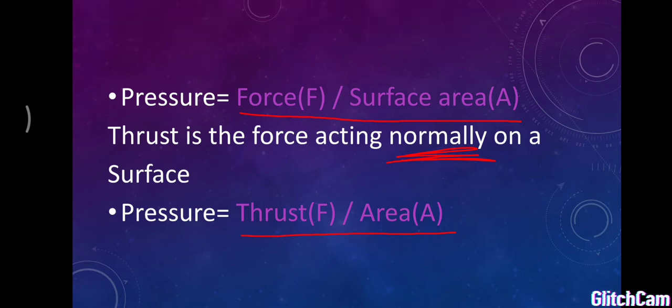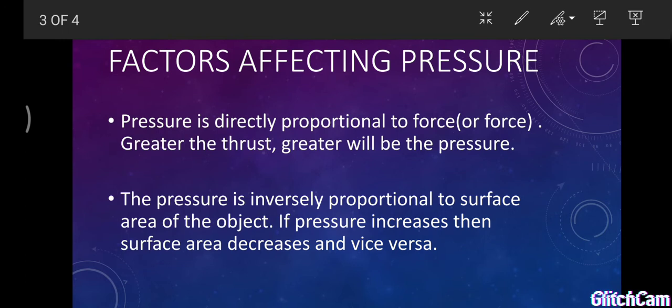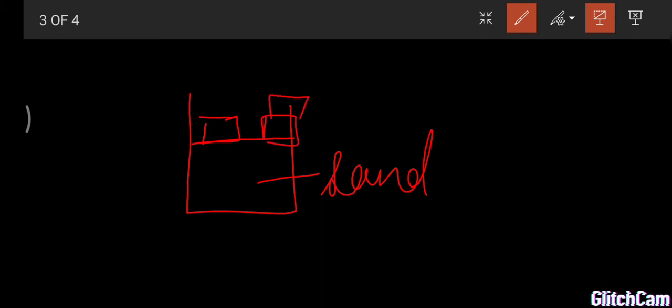Okay, next, what are the factors affecting the pressure? Before we define the factors, we want to do some experiments. Take one trough and fill the trough with sand. Now take 3 identical bricks and keep 2 bricks in the same shape, and we keep one more brick on another. Now in the second case, we are increasing the weight. If weight is increasing, the magnitude of force is also increasing. So due to the force, both make some depression in the sand.